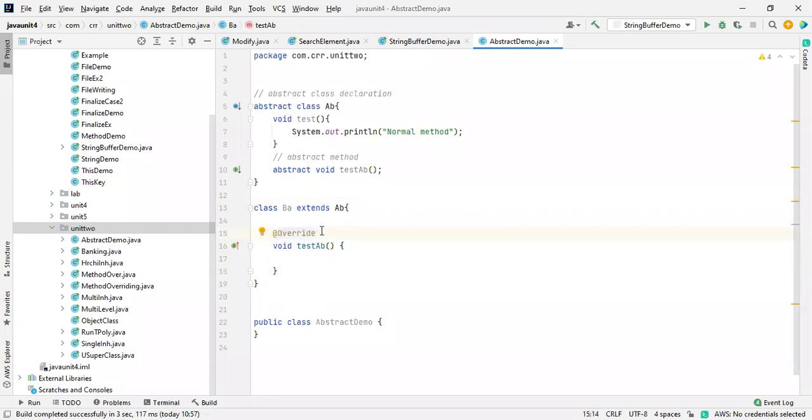You have to understand this: you have to mention that this method has been overridden by this method. Any class that extends an abstract class should implement the abstract methods inside the abstract class. This is all about the declaration of methods, and how you are going to use and access an abstract method.